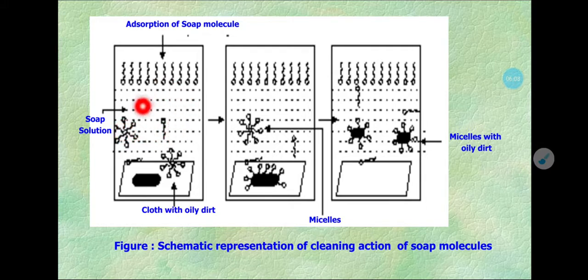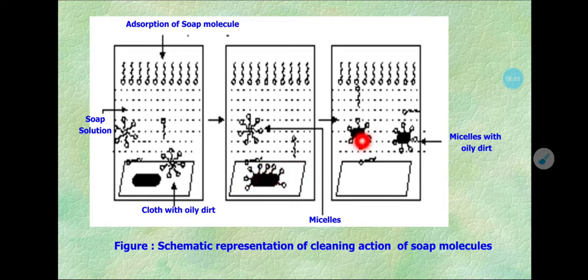So what happens in such a solution? If we dip a dirty cloth, suppose this is a dirty cloth, here the oily dirt is adsorbed on the cloth. So what happens if you add this molecule? This molecule will go into the oily part. There is like dissolves like. So some of the molecules will adsorb. This hydrophobic part will adsorb on this dirty oil and try to remove it from the surface of the cloth. After removal, this oily dirt will be trapped inside the micellar core or hydrophobic core.